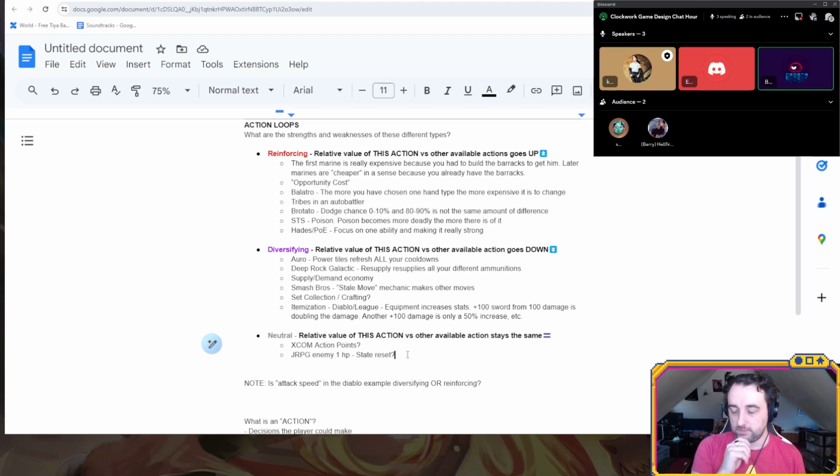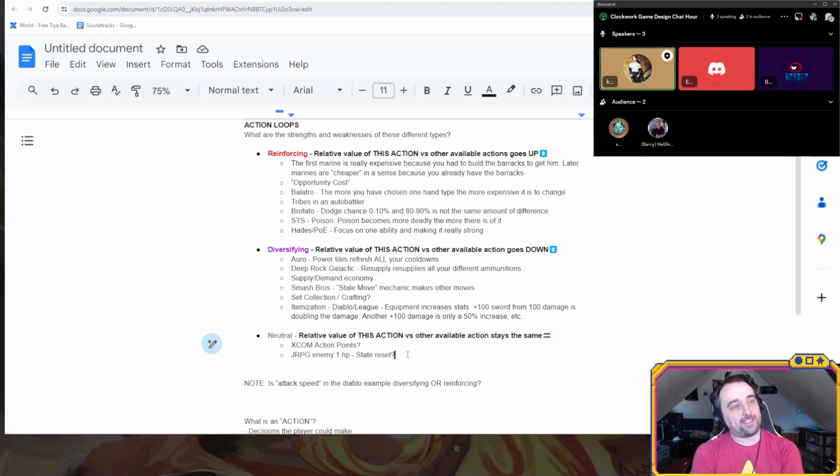No, I agree with that. Okay. I think the main point I'm getting at is that I'm talking about in aggregate. It's not like this specific example. It's like in general, if I do a heavy attack, is that going to make it more likely for me to do the other things or not? And I think in a lot of those cases, with the Zelda example, there might be something very subtle, but it's probably going to be pretty subtle.